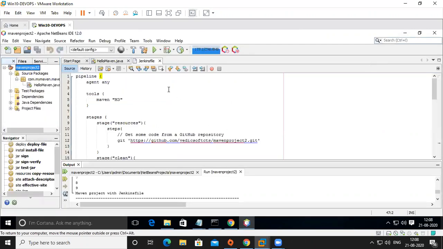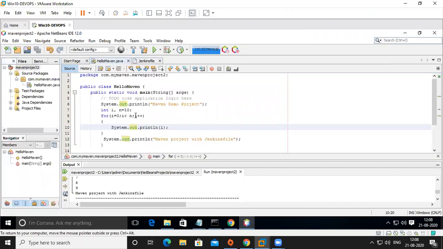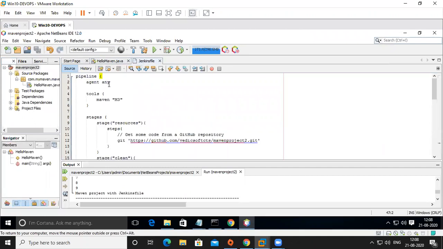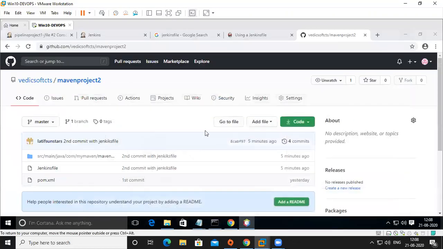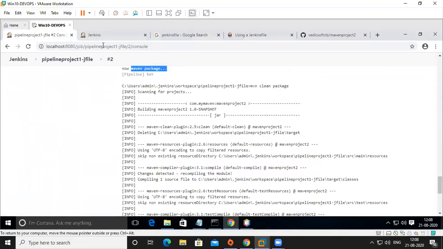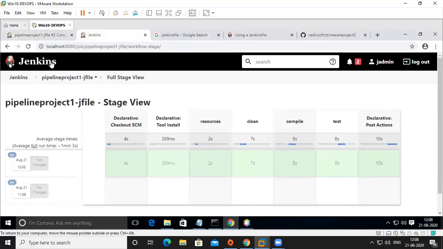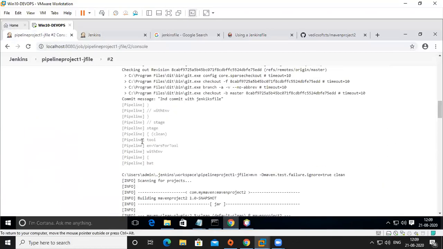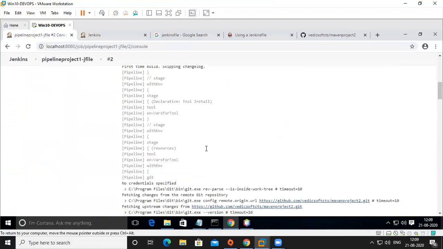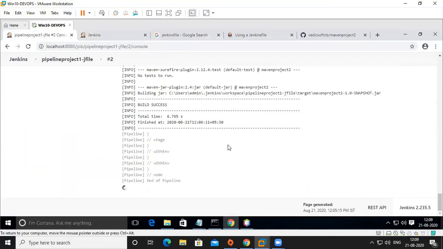Any program you can do, not only a Maven program. You just have to create a pipeline in a Jenkinsfile and tell the different stages. Maybe if you have a .NET program, or a different Java program, we have to give each and every step. So this is about your pipeline project. Mainly, stages are important. Okay, it is rotating, so let it rotate. We'll see that later. I think you understand?